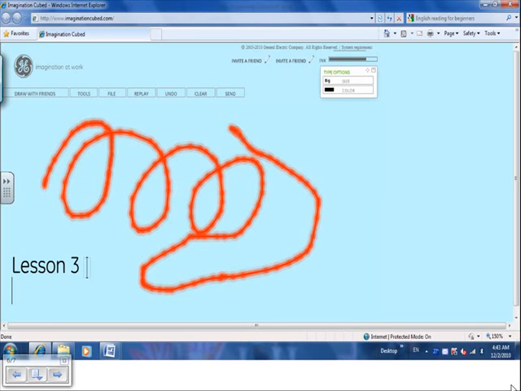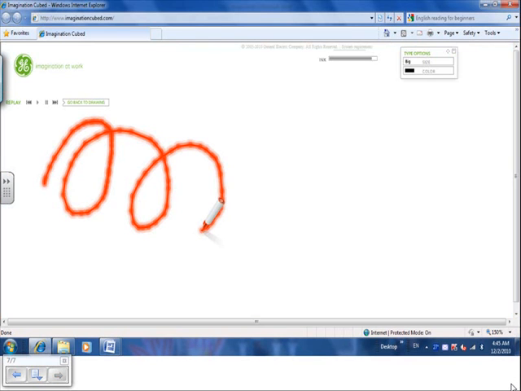Synchronous, when you and your friends can work together on a project or a tutorial, and asynchronous, when you can save your work to a file and send the link to your team to see what you did and maybe they can edit it. So Imagination Cube is a good free tool that can be used in many educational ways.